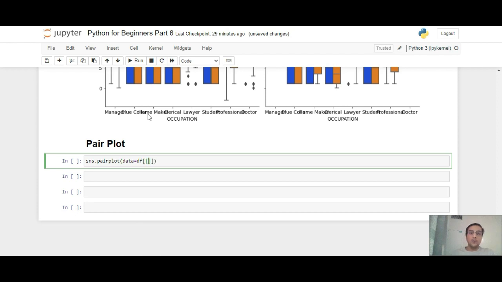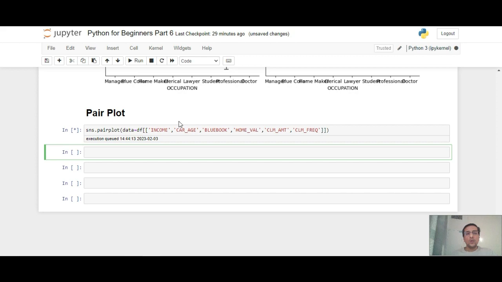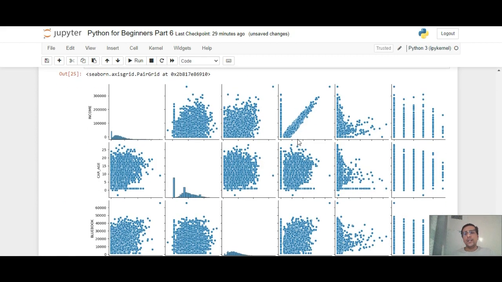I'm going to pass very selected columns, so maybe income, car age, maybe blue book value, maybe home value, and maybe claim amount and claim frequency. Right? As we do that, it's going to take some time to create, and it has created this